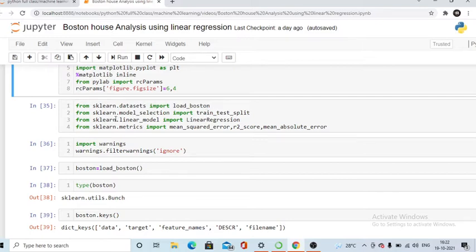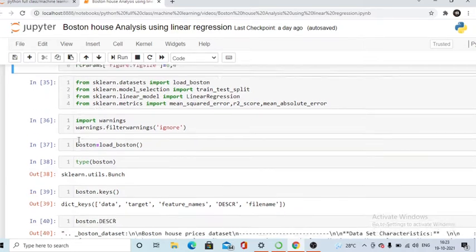The next line I have written here is from sklearn.model_selection import train_test_split. Basically the things which we have to calculate in our linear regression and multiple linear regression are the mean squared error, R2 score, and mean absolute error. I am repeating this part because it is very important whenever you do any analysis in a regression model, in a linear regression model. You basically have to find the mean squared error, R2 score and mean absolute error. To calculate these, you have to import this line: from sklearn.metrics import mean_squared_error, r2_score, mean_absolute_error.